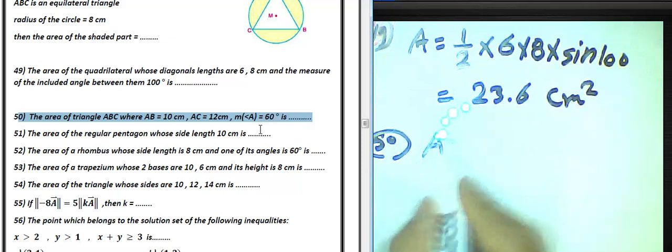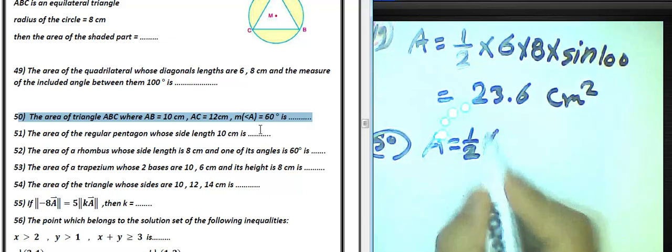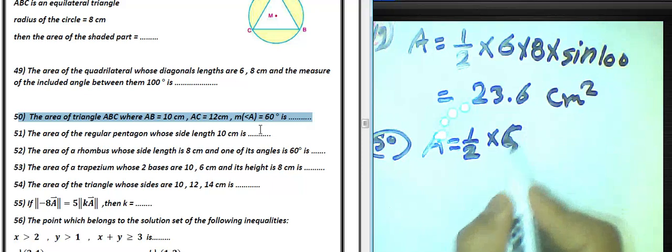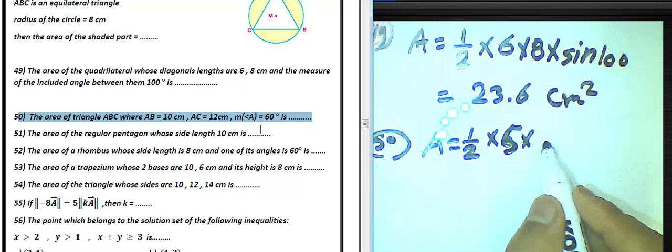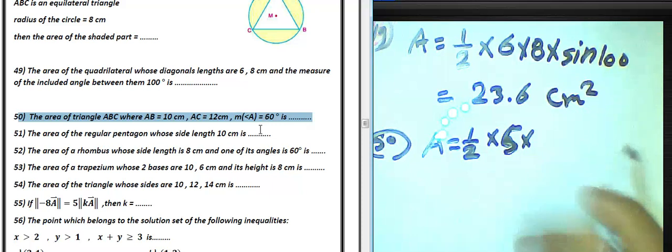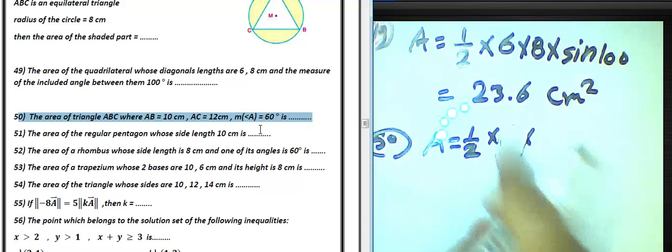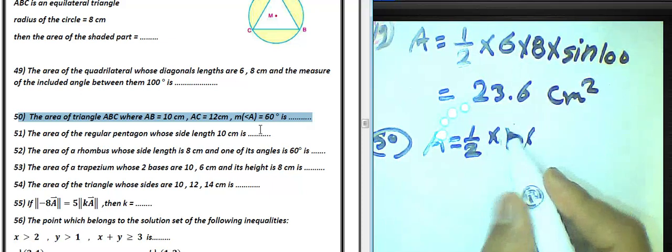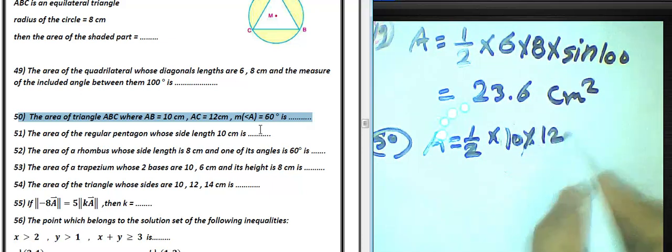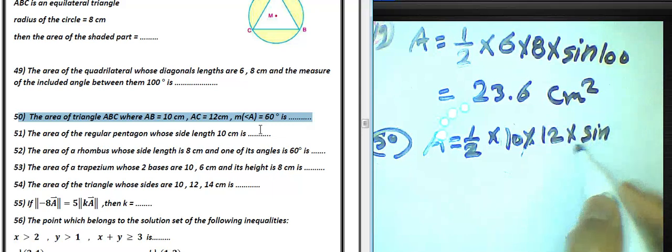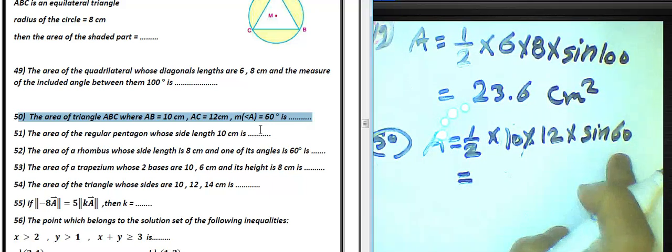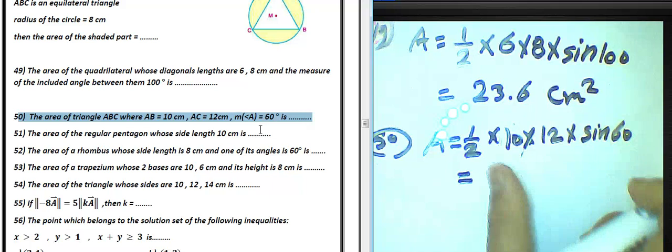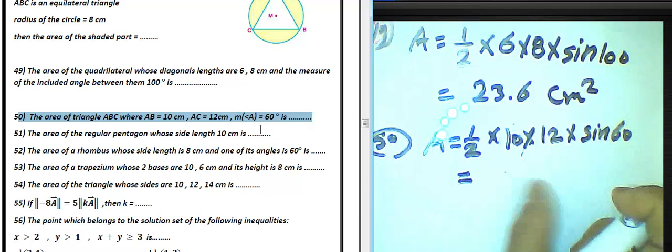We can find the area equal to half multiplied by the sides here, 10 and 12, multiplied by sine 60. We know sine 60 equals root 3 over 2. 12 divided by 4 equals 3. The result will be 30 root 3